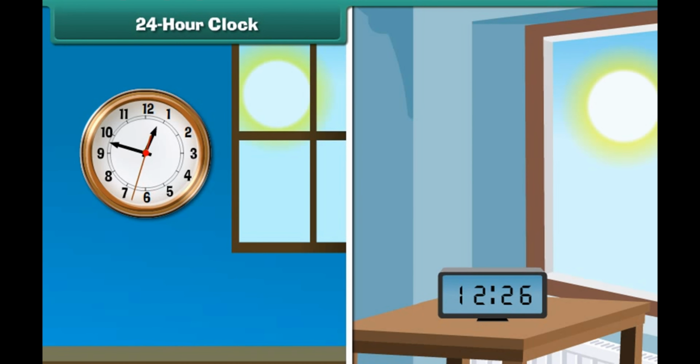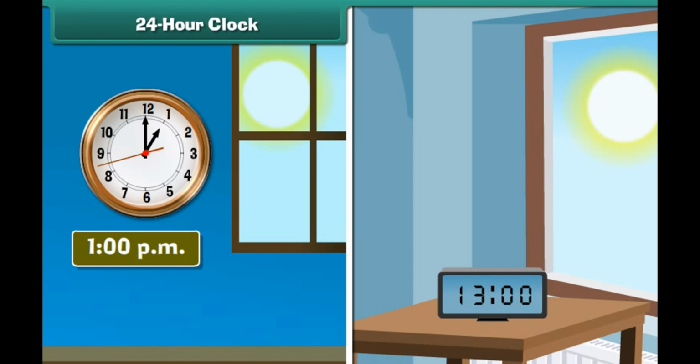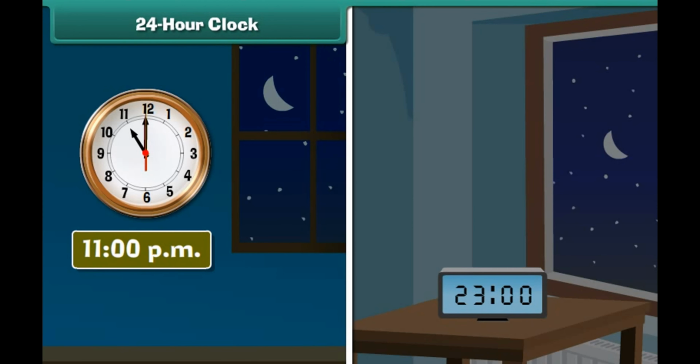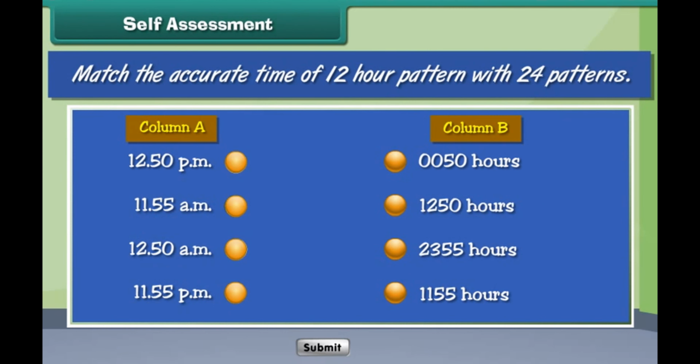After 12 noon, the two clocks differ in their representation of time. 1 p.m. on the 12-hour clock is represented as 1300 hours on the 24-hour clock. 1300 is nothing but 1200 plus 0100. Similarly, 11 p.m. on the 12-hour clock is represented as